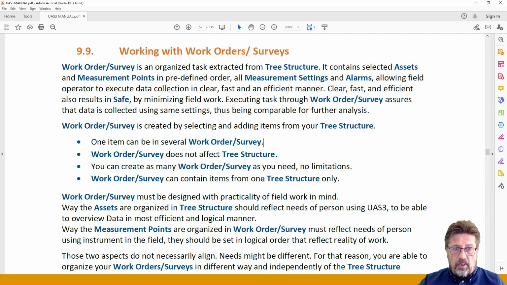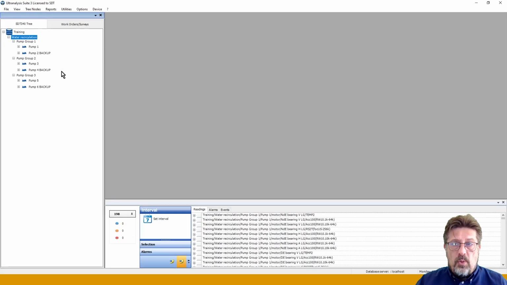But you can create as many work orders as you want. You can combine them any way you want. You can put them in different order, and this is what we will do right now. So let's put it this way. I will create a work order which needs to be logical for me or my technician to go out and do the job. From the point of the person who is looking at the screen, this is quite okay,